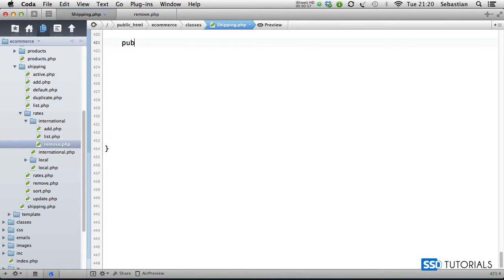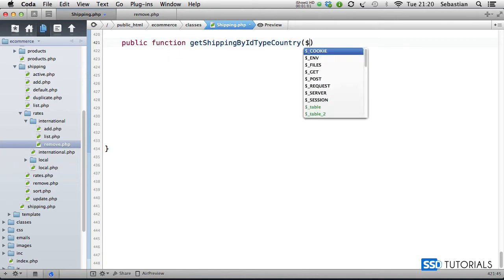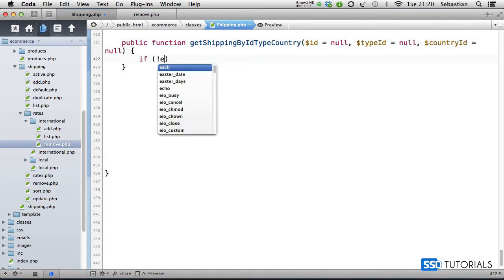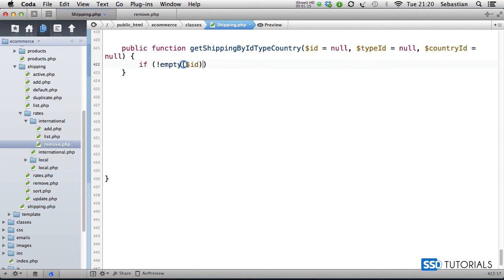If we start with public function and paste the name of the method, we're going to pass three parameters: ID of the record, type ID, and country ID, also null by default. Now we check if is an empty ID and is an empty type ID and is an empty country ID. Then we go for the SQL statement,